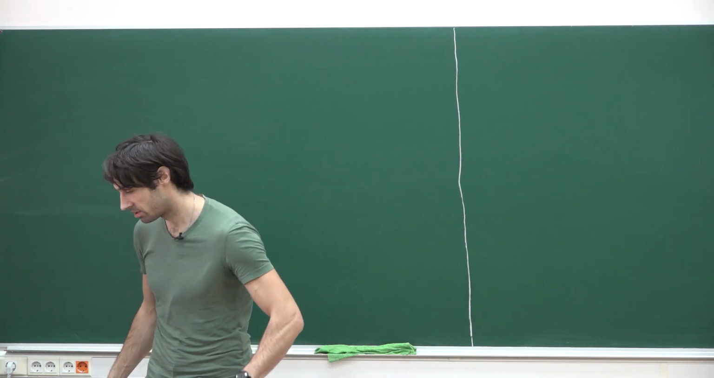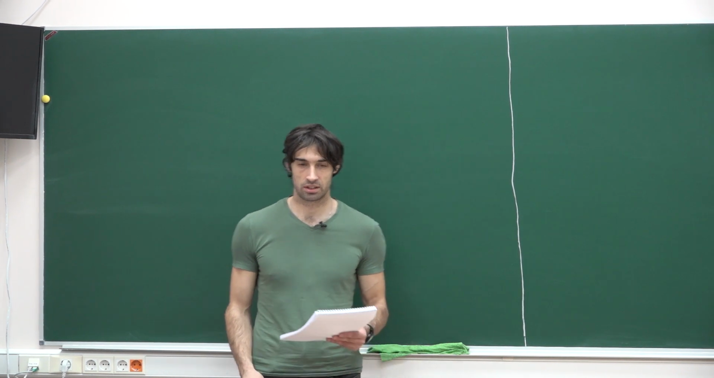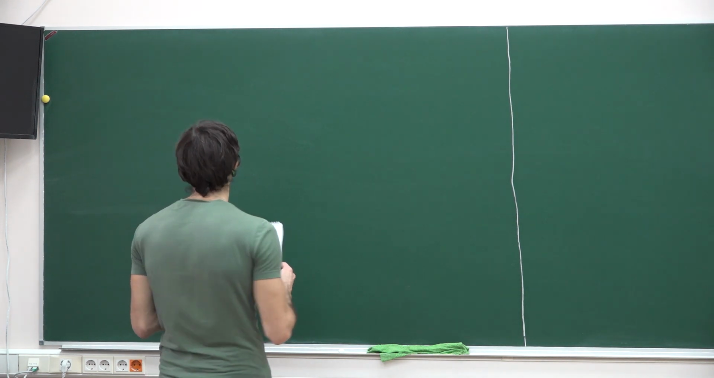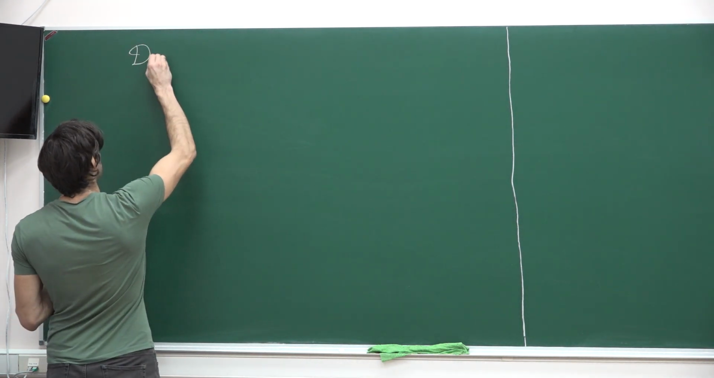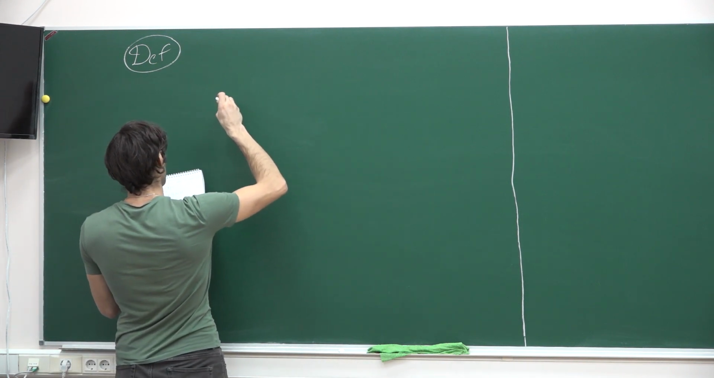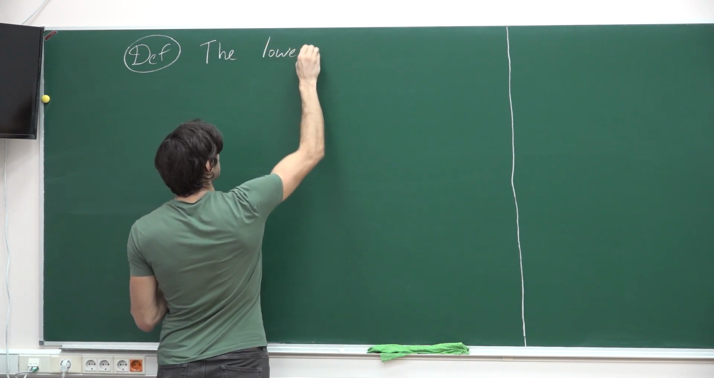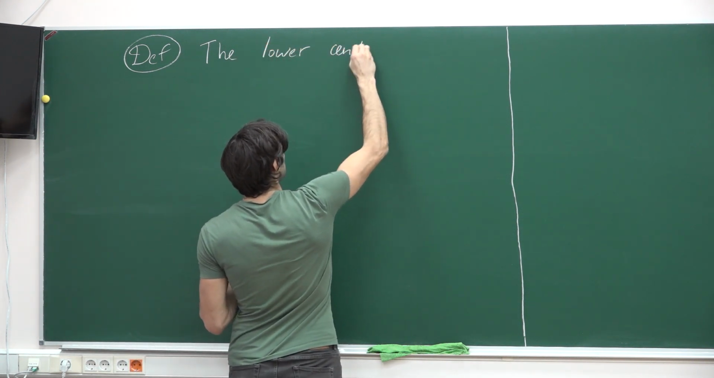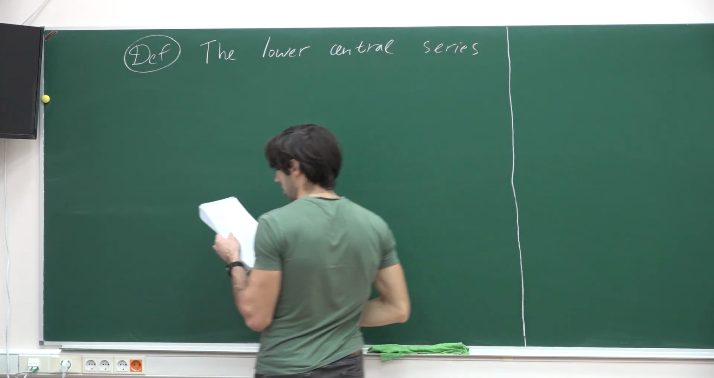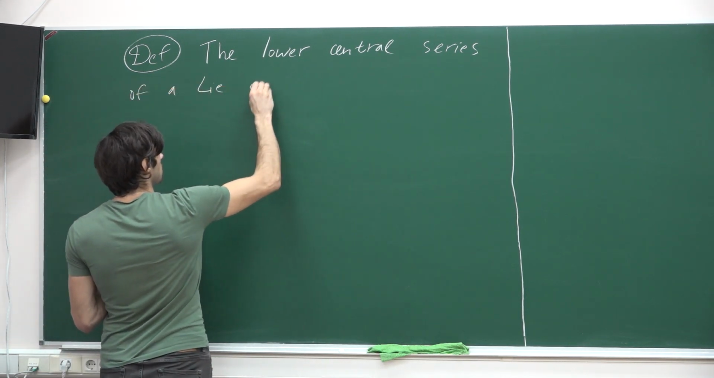So last time the lecture was devoted to solvable Lie algebras, and let us now talk about nilpotent Lie algebras. So let me first define what is the lower central series of a Lie algebra